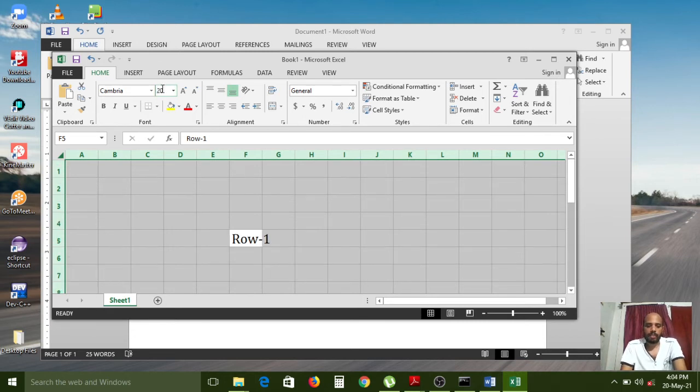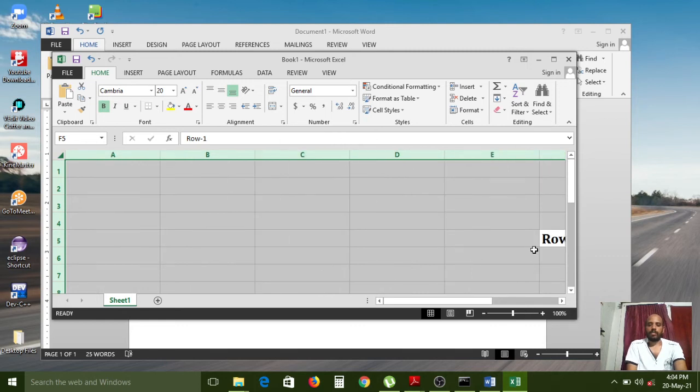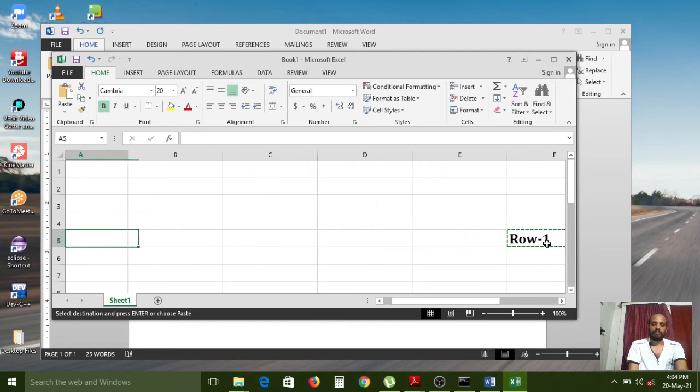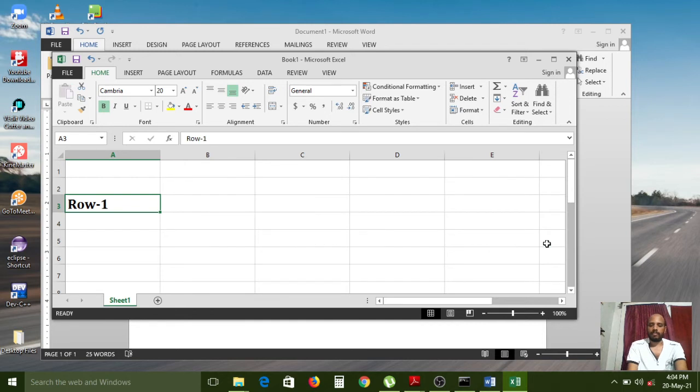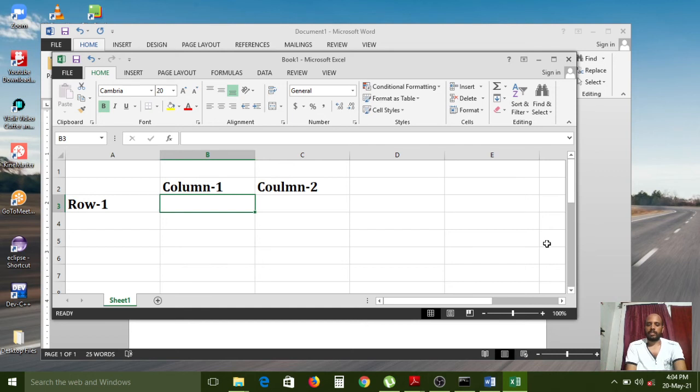So 20 is the font, and I am using bold. Here also I am maintaining big rows. This is row 1, and this is column 1, and this is column 2,